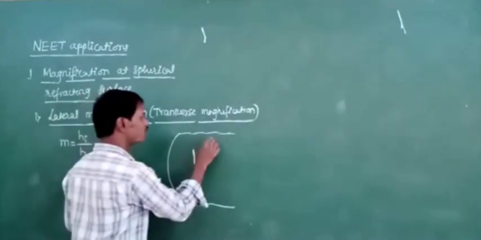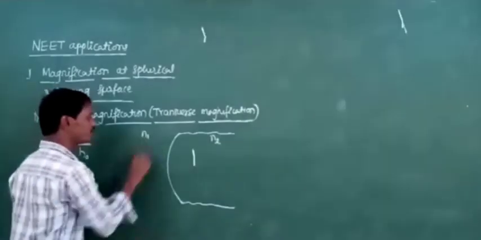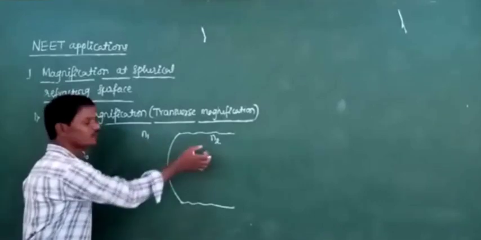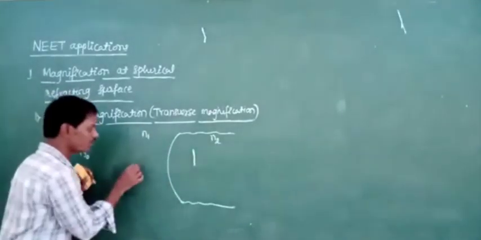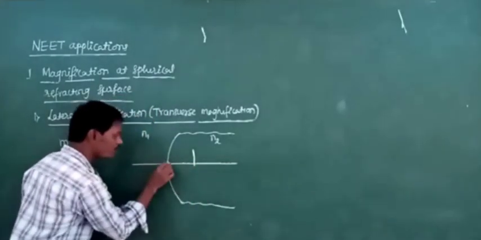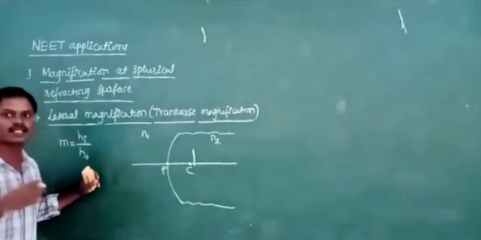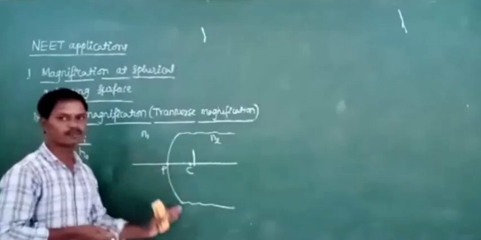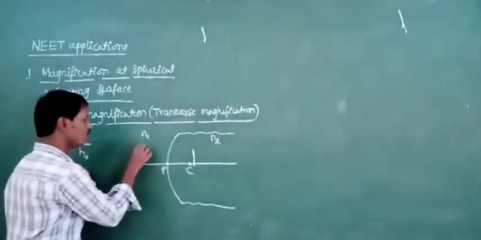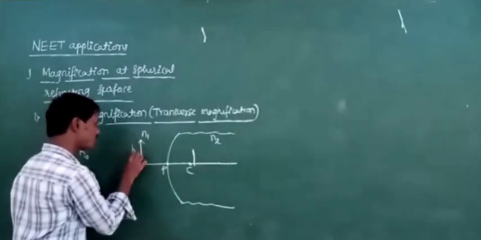Now this I will take as the denser medium with refractive index n2, and this is the rarer medium with refractive index n1. In your material they have taken mu1 and mu2; you can take either here. This is the principal axis. What is the principal axis? The line passing through the pole and center of curvature of the spherical refracting surface, extended on either side. Next, I will place the object here. Height of the object can be taken as ho.